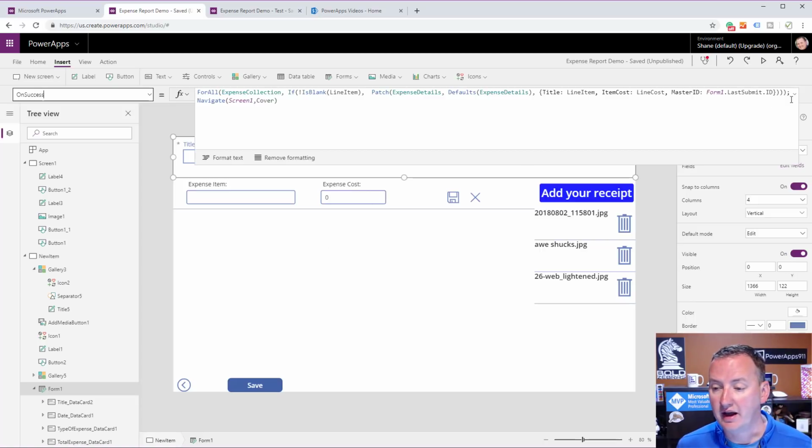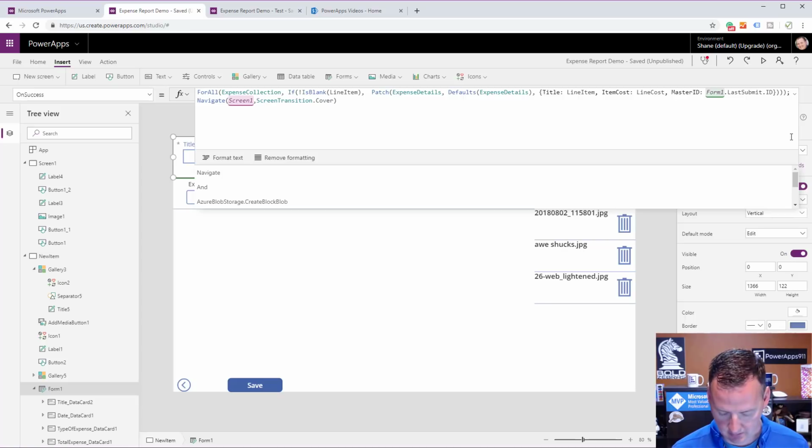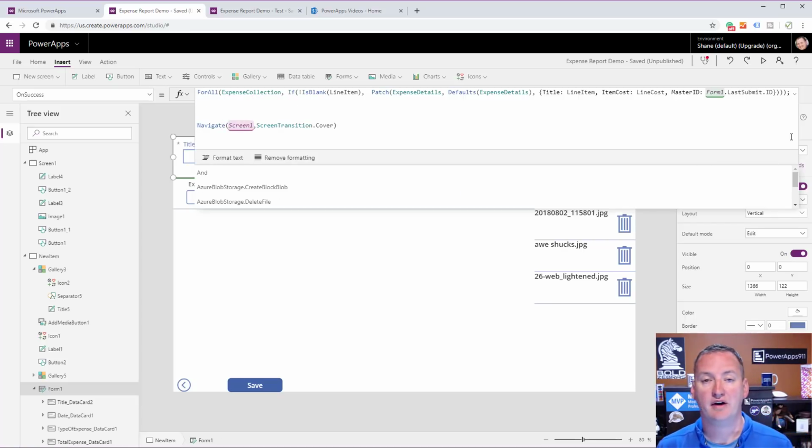So what we're going to need to do now is go right here to the end of the line. After we get done patching all the line items, we need to patch all of our receipts. So shift enter. Oh, I promised I pressed shift enter. There we go. And what we're going to do, though, I thought it'd be fun, is let's store those